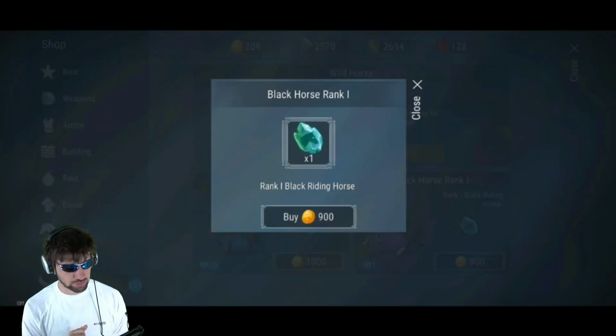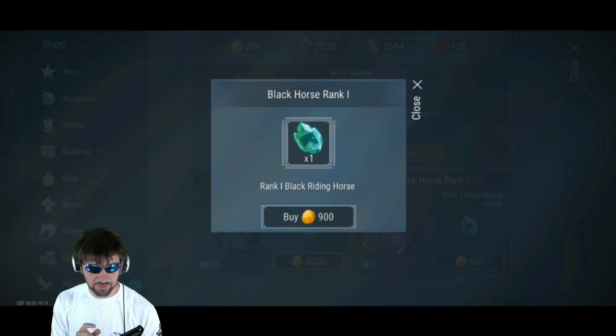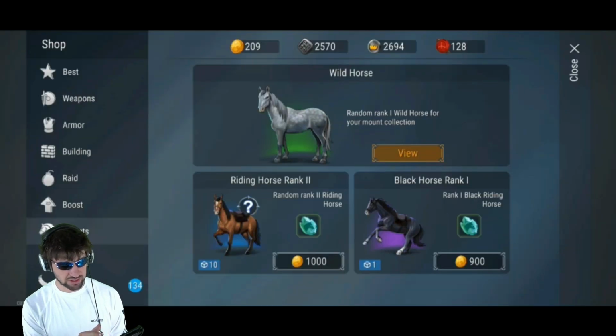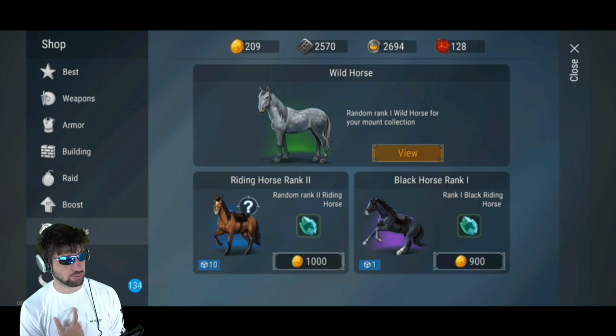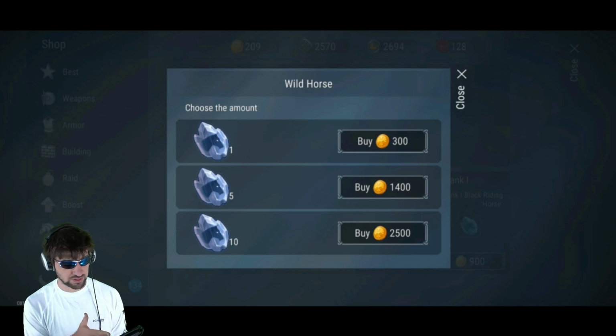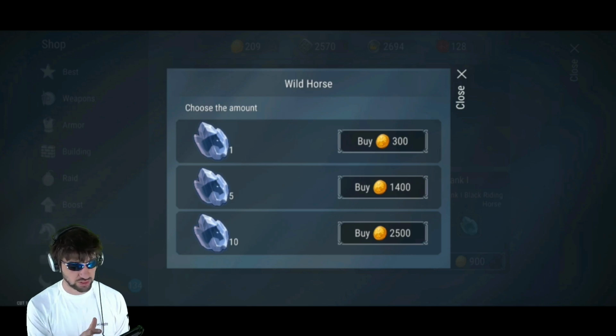And this black riding horse is in my opinion a better deal than this, because it has an extra movement speed bonus that makes it a pretty good horse, if you're not going to spend a lot of money. If you're going to spend a lot of money, then just buy a butt ton of these. But we're talking about a crazy amount of money to get a really good horse. So,